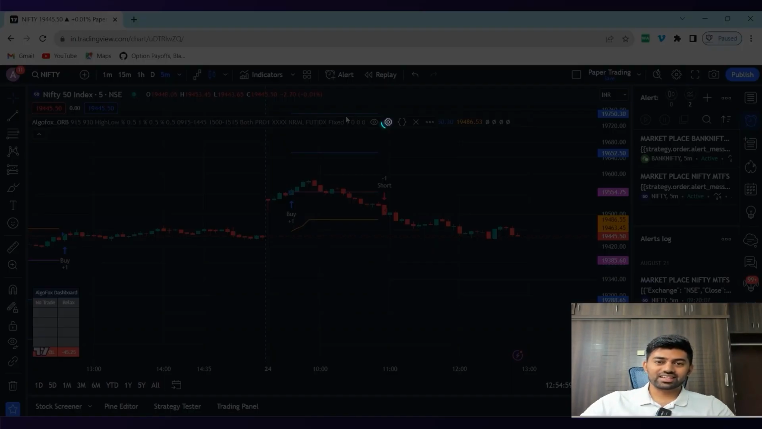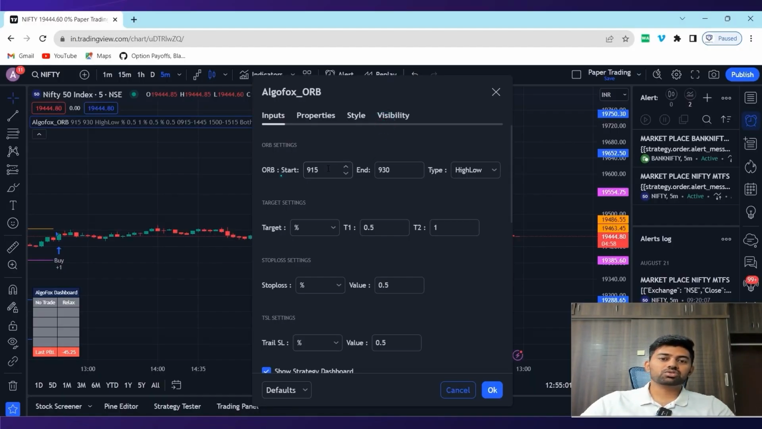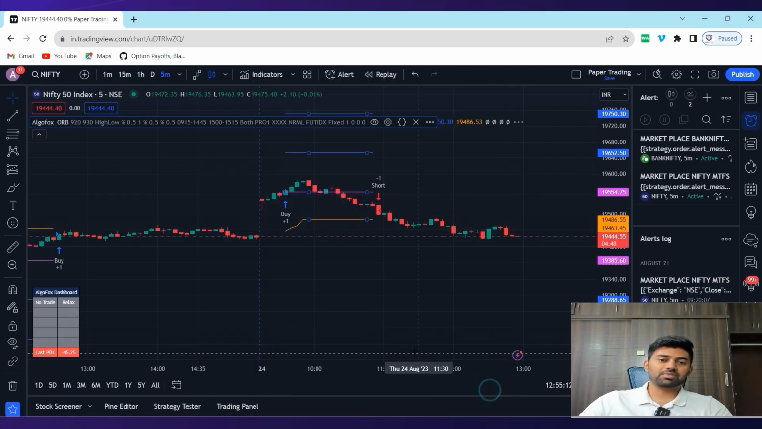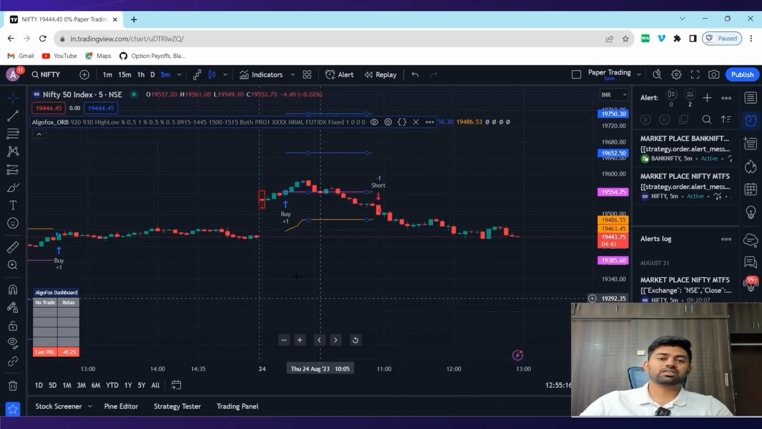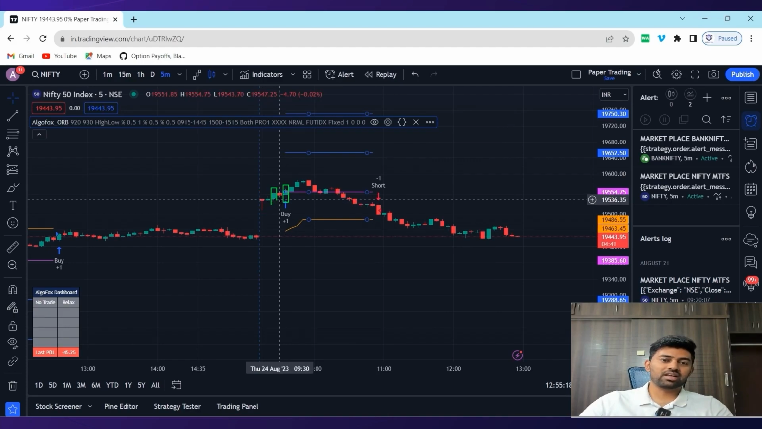What are the other settings? Here, I can choose the start time and end time. If I don't want the first 5 minutes, I can even make it 9:20 to 9:30. So now I will skip the first 5 minutes candle. I'll mark from the second candle onwards, second, third and fourth candle, and when the high and low is broken, accordingly